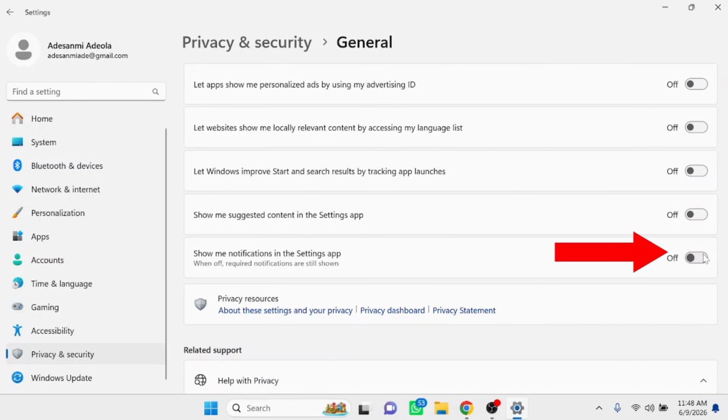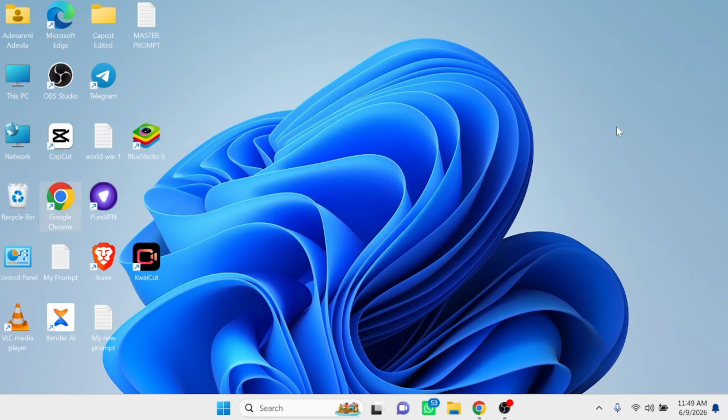You don't have anything to do with this button. Most especially, "Let apps show me personalized ads by using my advertising ID." Make sure you turn off these settings. As well, "Let websites show me locally relevant content by accessing my language list." Turn off this setting. Then the next thing you have to do is to access some settings on your file